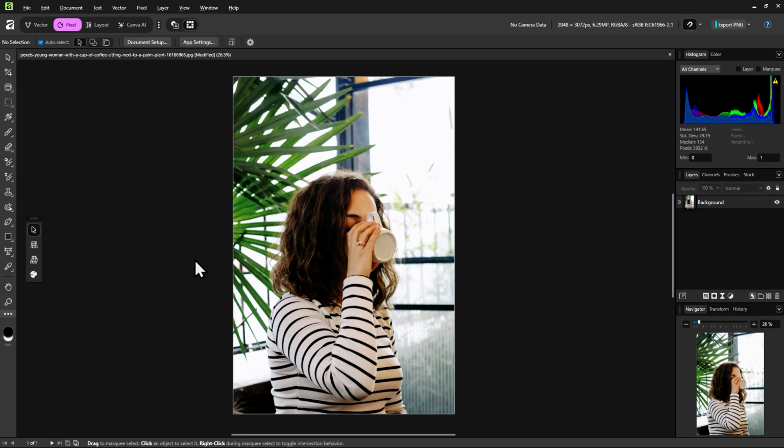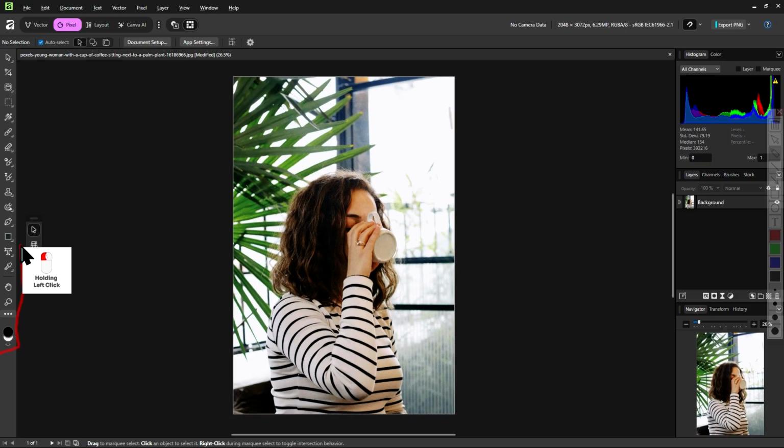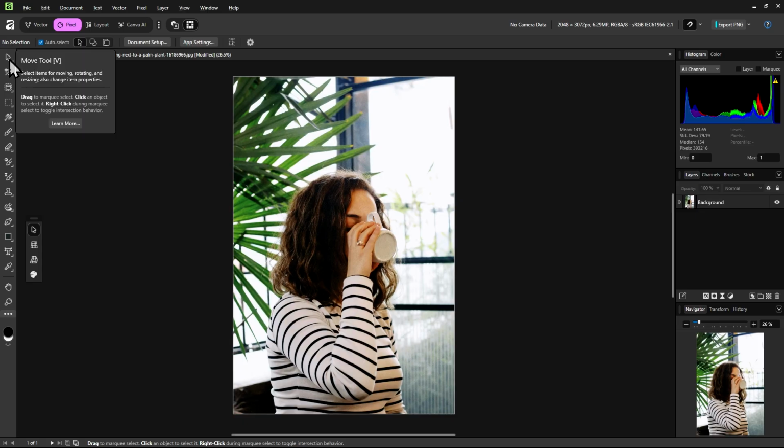You can think of tools as the features that we use in Affinity to edit, enhance, and erase parts of our image. You can find tools on the left of your screen at this dock panel, which you can just think of as your toolbox. So the technical name would be Tools panel. Here you can see a vertical set of icons, with each icon being a tool. You can hover over one of these icons and see what tool they represent.